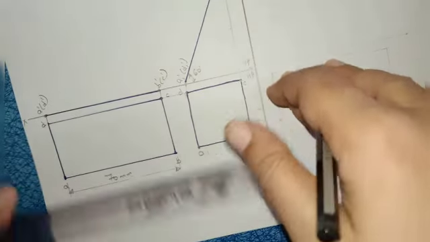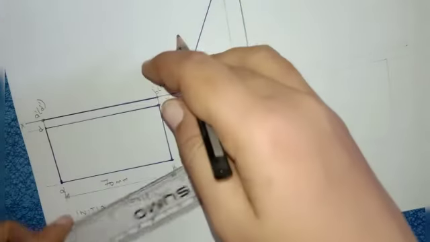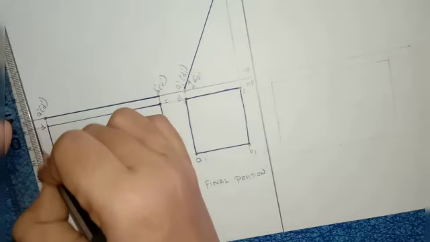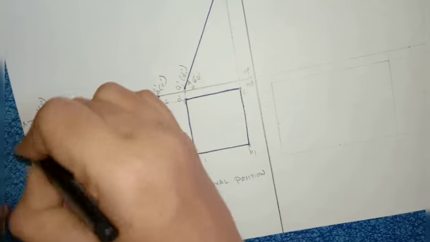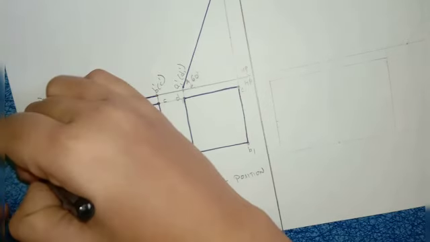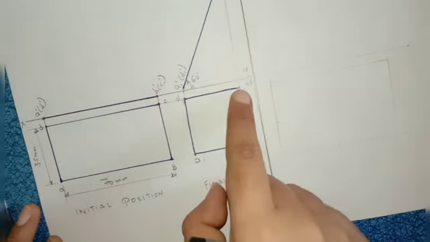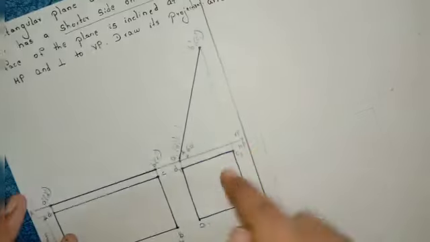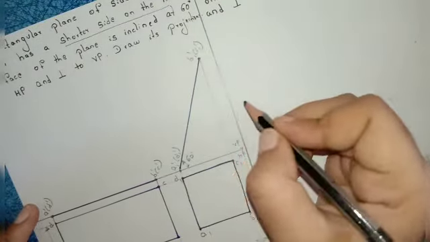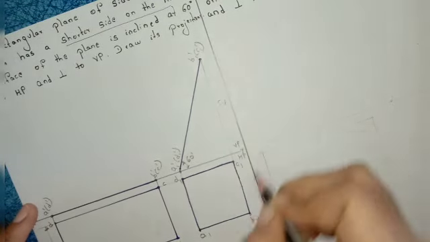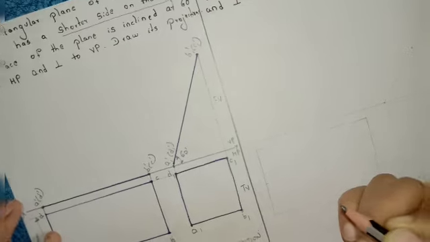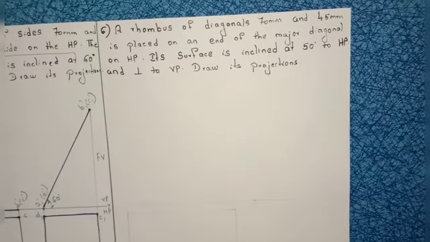Right, after that the breadth is here 35 mm. So draw the dimensional line, closed and filled arrow marks. Write down here 35 mm. What is the condition? Shorter side on HP. After completion of your diagram, don't forget to write here front view and top view. Right, so let us see the last problem.